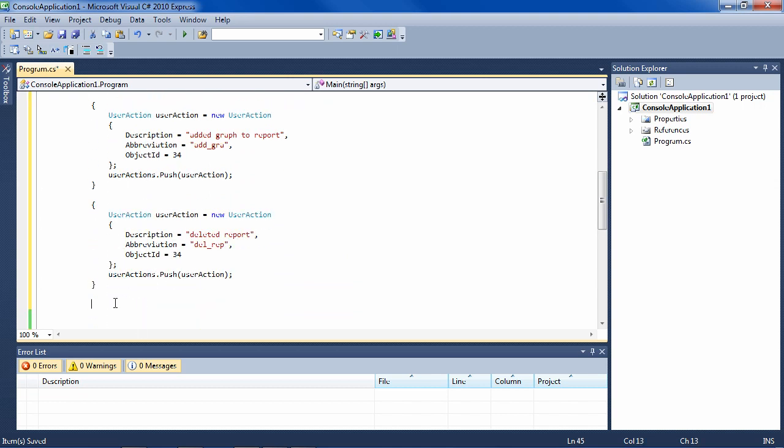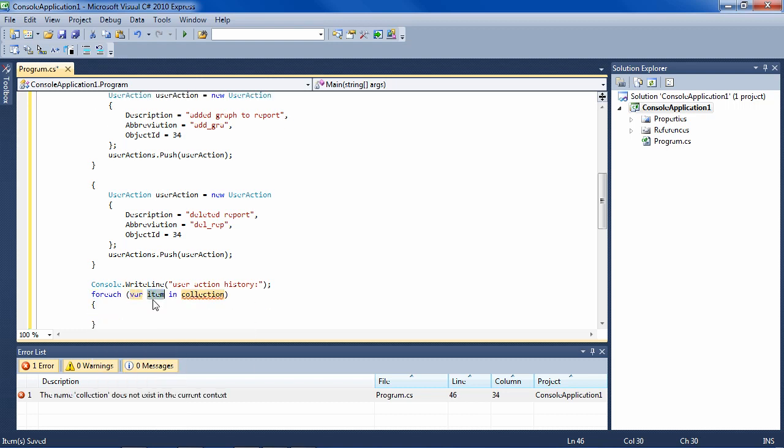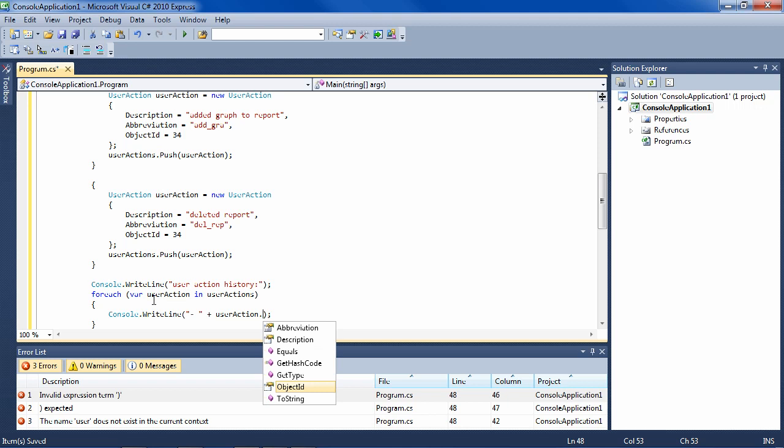So what can we do with this? Well, just like in a generic list, we can list them out. And in this example, that would be, for instance, user action history. And we use the for each in the same way as in a generic list. So we have user actions here. And we'll display simply, let's put a little bullet there, user action. And what do we want to display? Let's do a